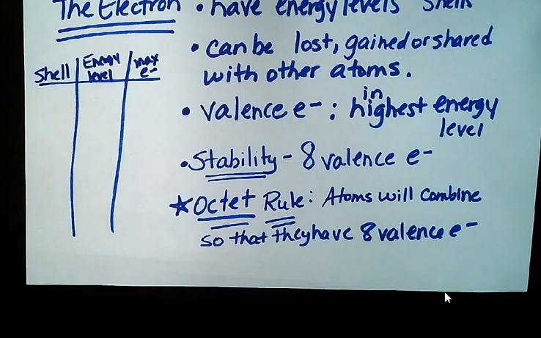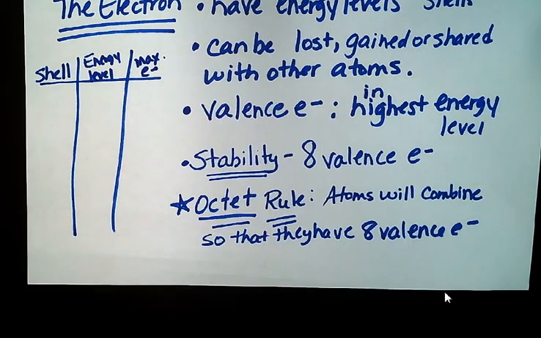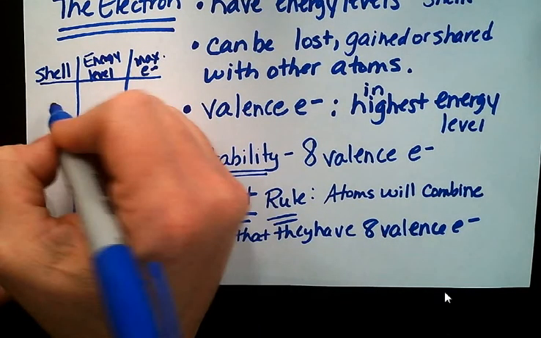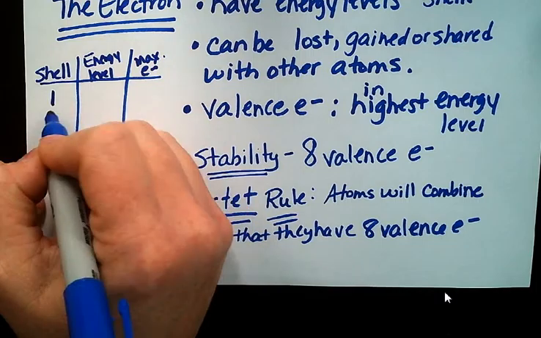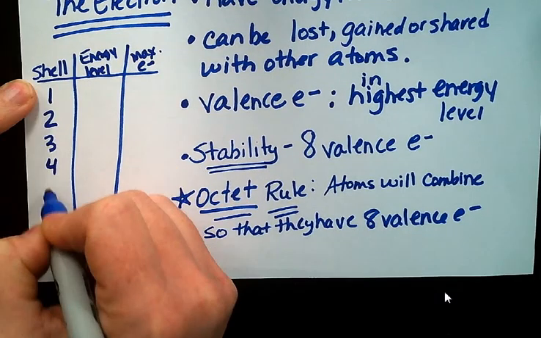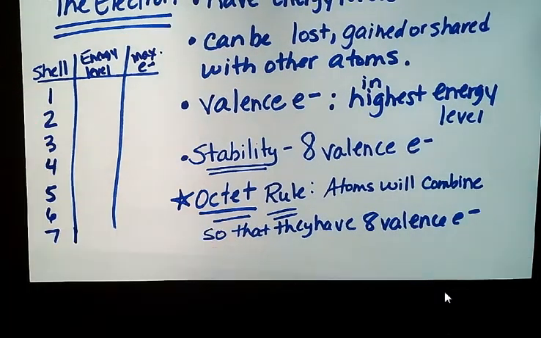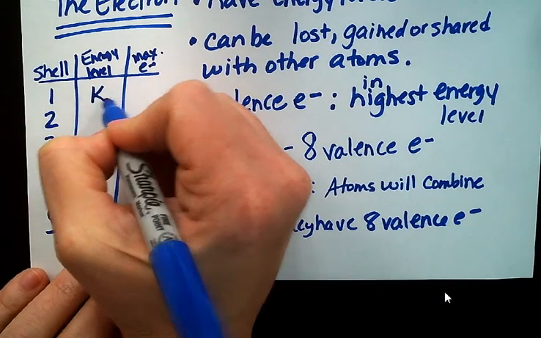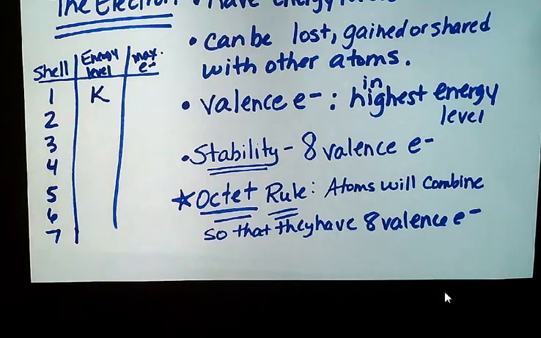So there are 7 shells. Everything in existence can have up to 7 shells, and I will tell you about that in just a minute. But there are 7 shells that exist. So 1, 2, 3, 4, 5, 6, 7. And then they have very, very scientific names. Okay? They get a little bit difficult here. So you have the energy level of K is the first one. That's the hardest one to remember, but